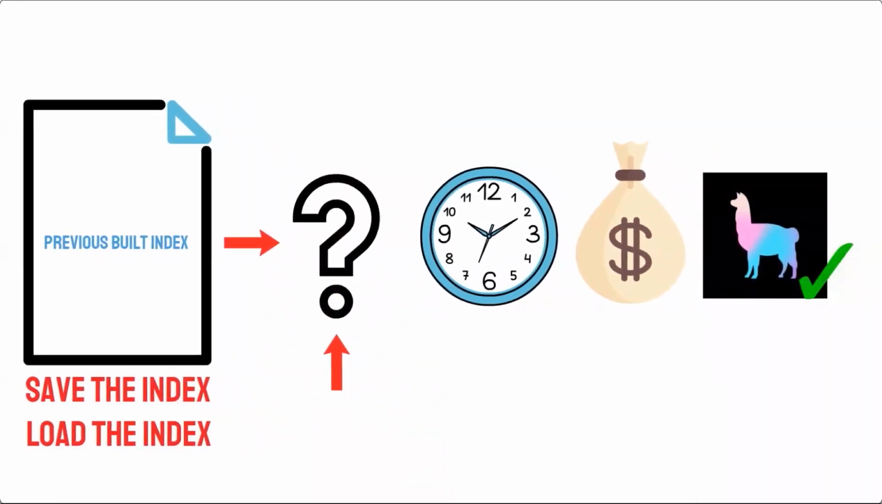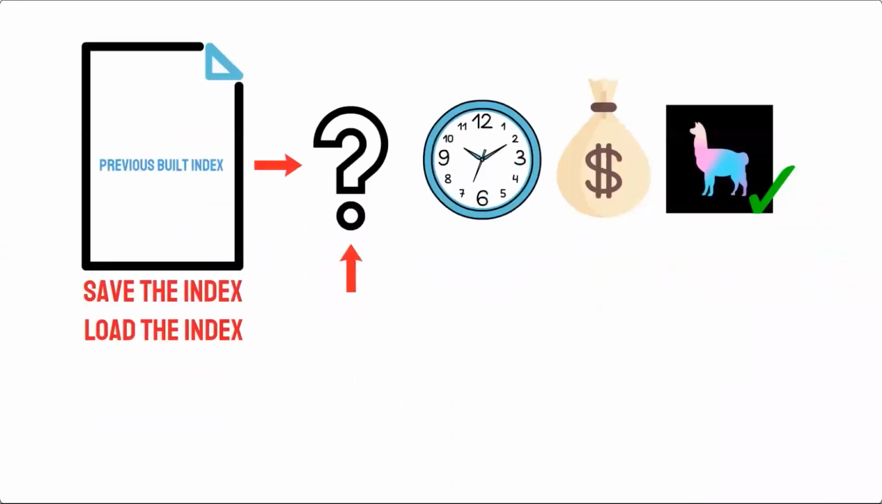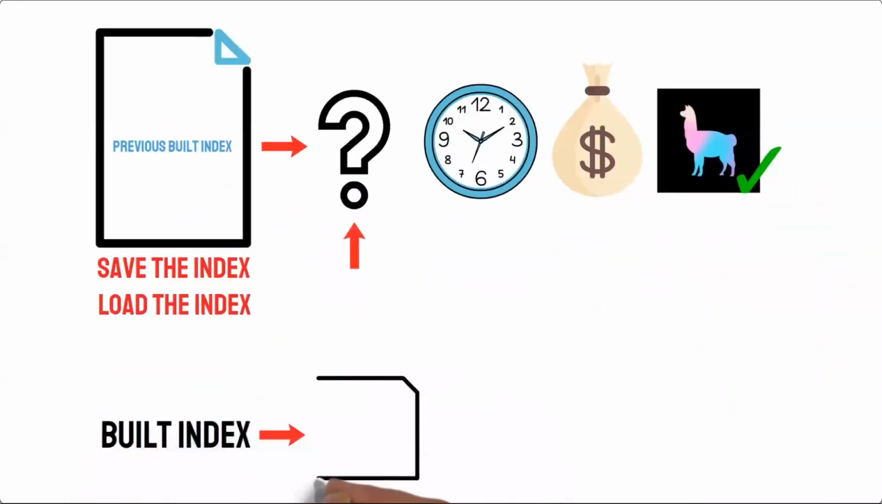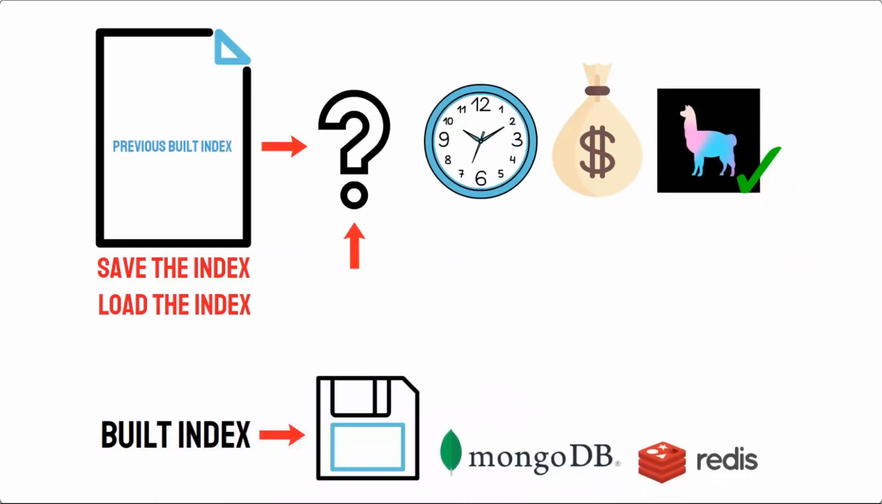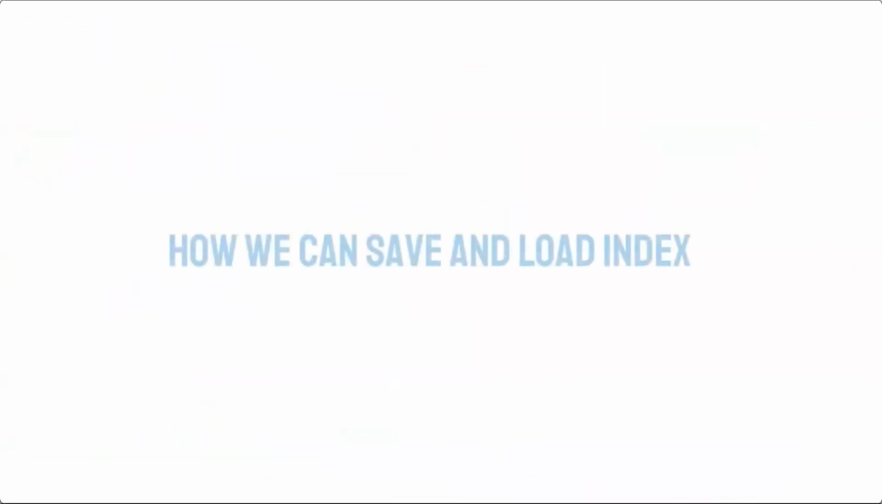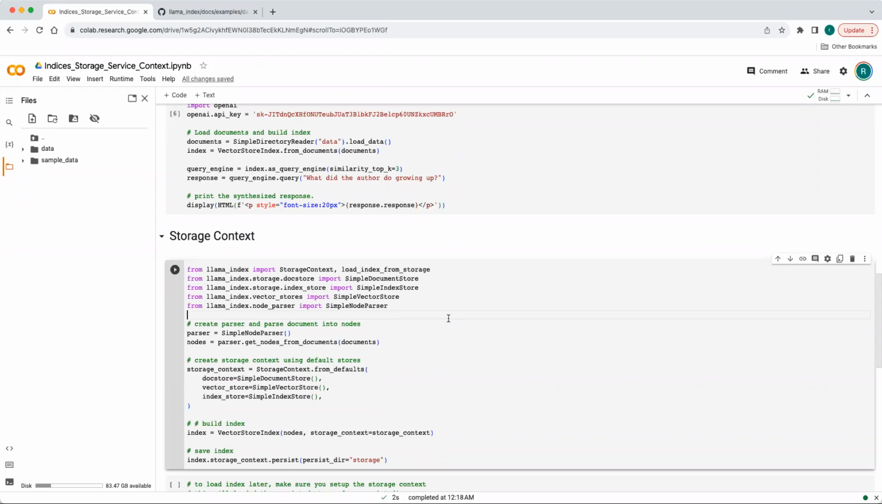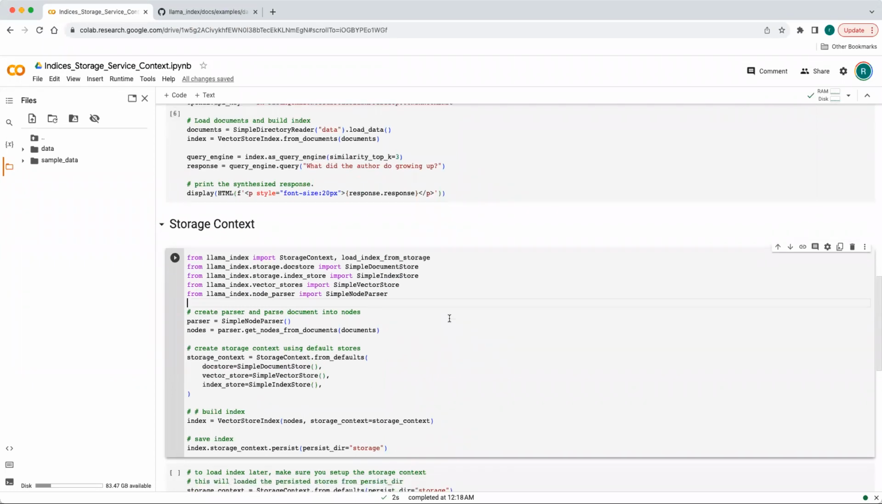So LlamaIndex provides a storage context abstraction to do this. The built index can be saved locally, that is, in memory, or it can be stored on MongoDB or Redis. So let's see how we can save and load the index. Let's start with understanding how you can code and save the index that we have created with the help